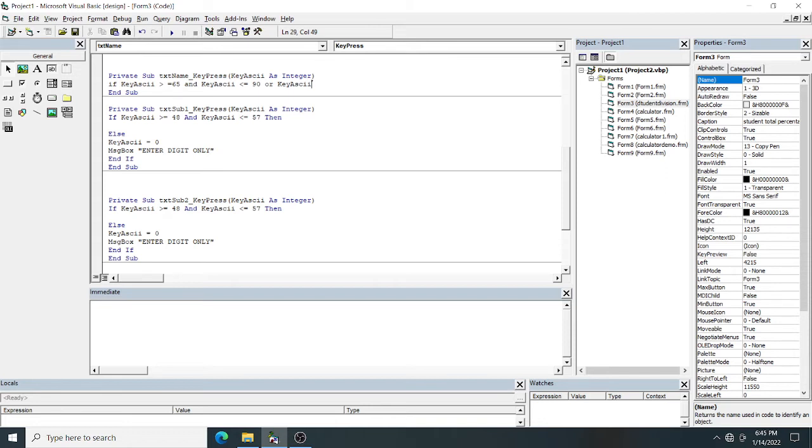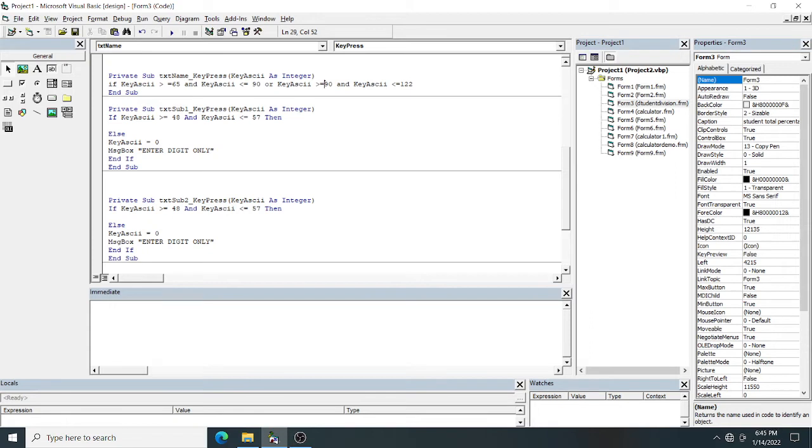So key ASCII value should be greater than or equal to 97, the small a, and key ASCII value should be less than or equal to what, 122, that is your z. Okay, so this part is for your lowercase letter.